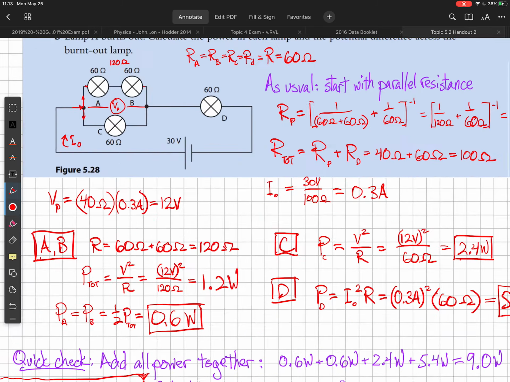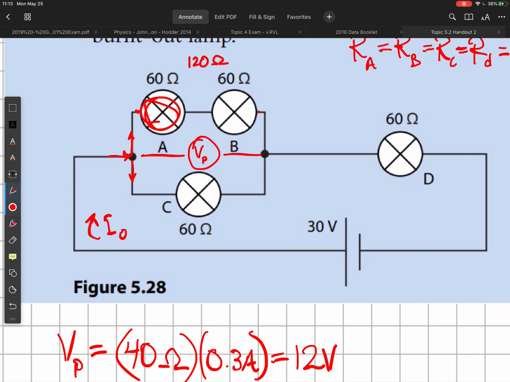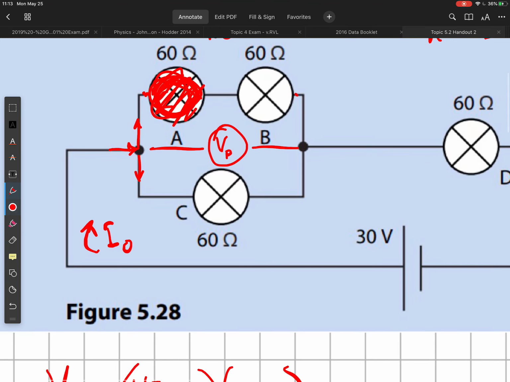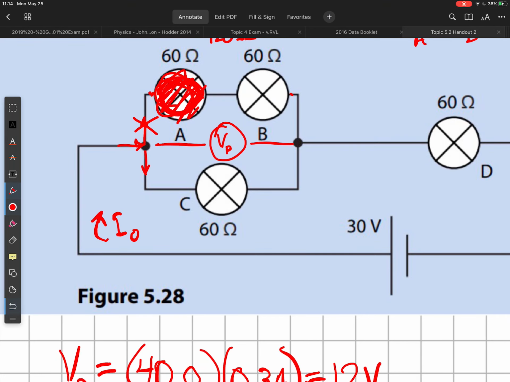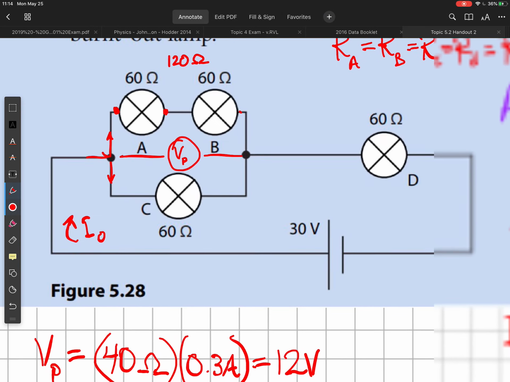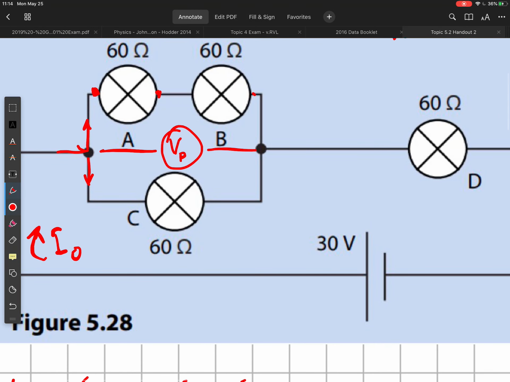So lamp B burns out, and what that means here is that we have a broken circuit. Where this once was a whole and functional circuit through this loop, we're now not going to have any current flowing through this part of the circuit. So if I hook up a voltmeter to this point and try to measure the voltage across lamp A, what I'm actually going to be measuring is the voltage